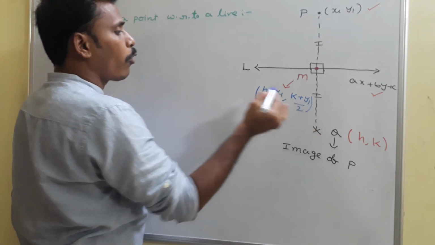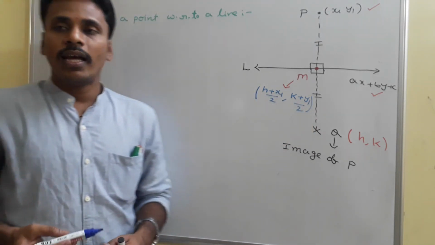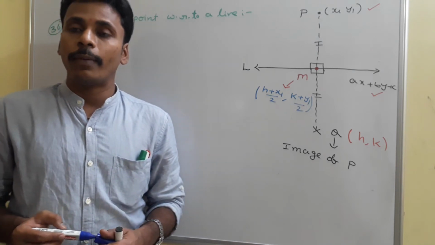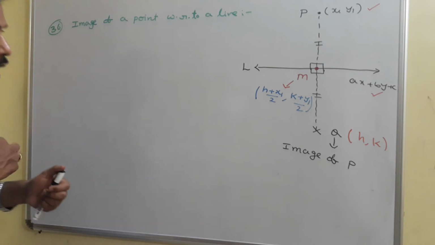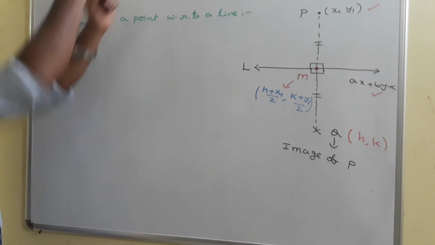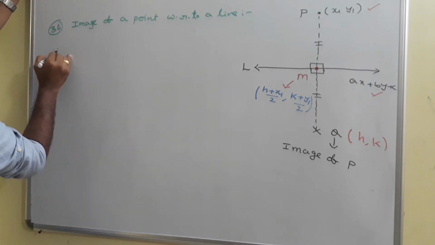You just use the midpoint formula for x1, y1 and h, k, and that M is what? (h plus x1)/2, (k plus y1)/2. Is it right? The midpoint formula, just I used. And now to find that h, k, use the above procedure, the same. But first what you have to identify, since